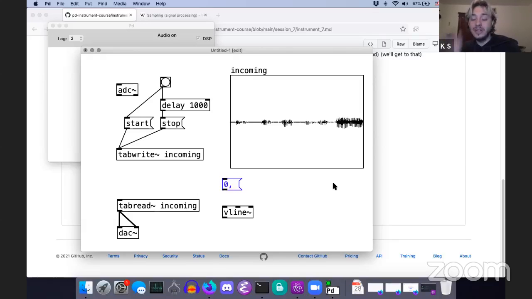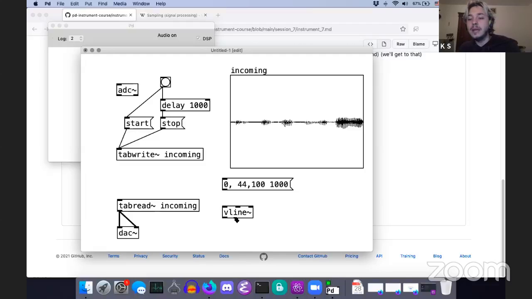Is to go to the last sample in the table, which is the 44,100th sample, basically, in the table, okay? And then I want you to do that over the course of 1,000 milliseconds, right? So I want you to take 1,000 milliseconds to go from 0 to 44,100. The reason this is separated as an instruction is because the first instruction is always telling